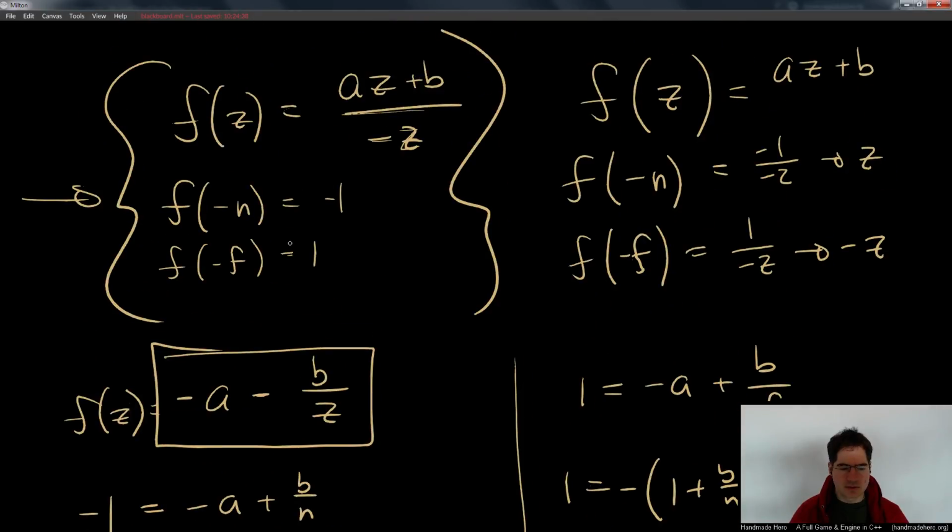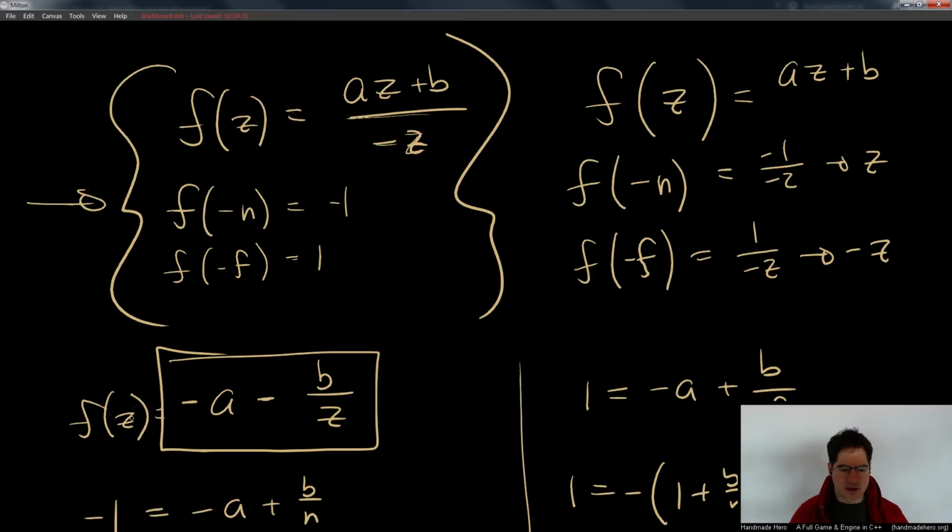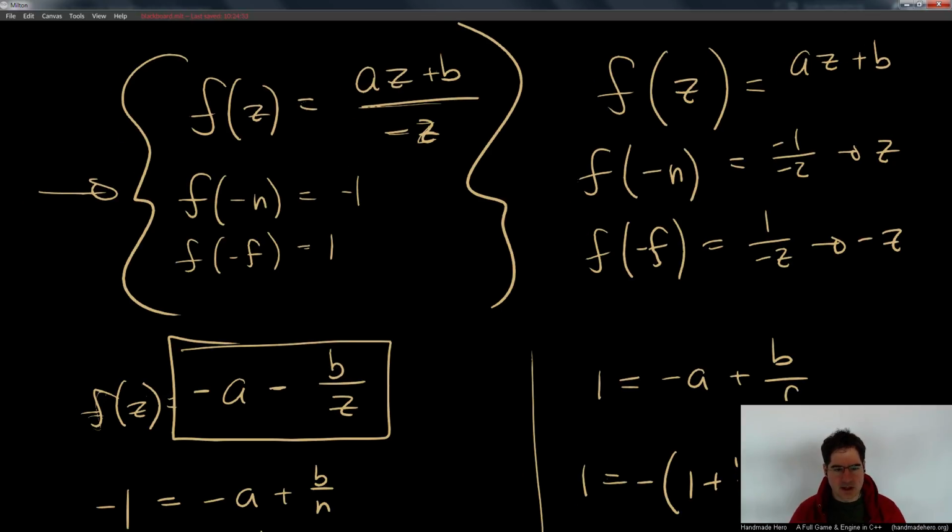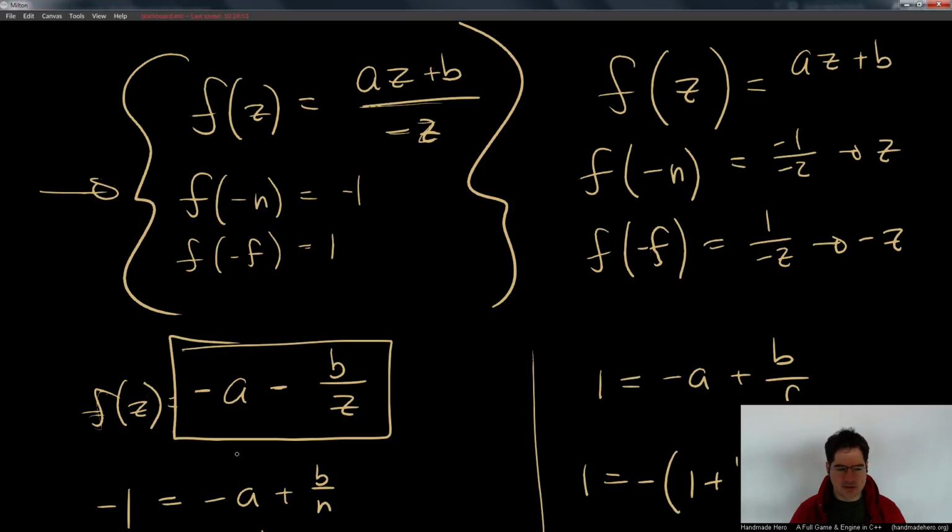And so then we tried to solve for what f of z would be, assuming that we're going to pre-divide through by -z. If we pre-divide through by -z, the z's cancel, and here we're just left with a -a, and then here we're left with a -b over z. So that does look like the correct equation to me. As far as I can tell, that seems like a reasonable simplification of this. I don't see any error in that,